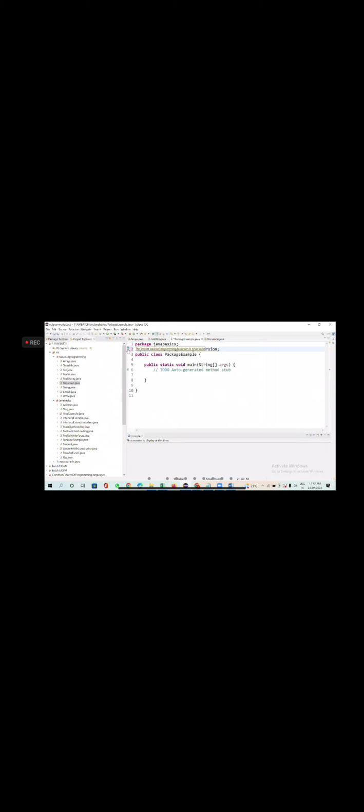Immediately it is giving me a warning message. It is clearly saying the import Recursion is never used. It is saying you imported, but you have not used it. We just added it; we just have to use it now. Now, this Recursion has one function called factorial. I wanted to call this particular function.